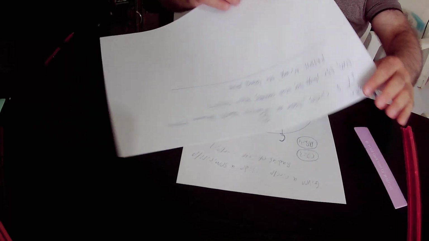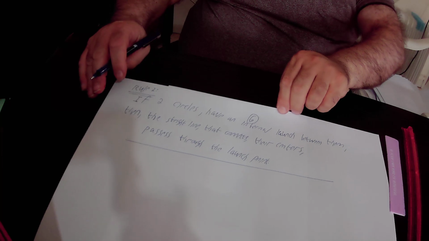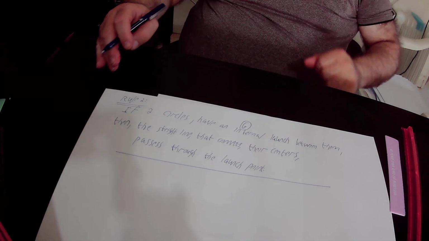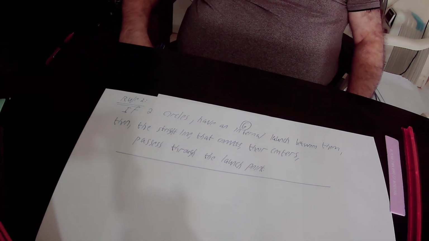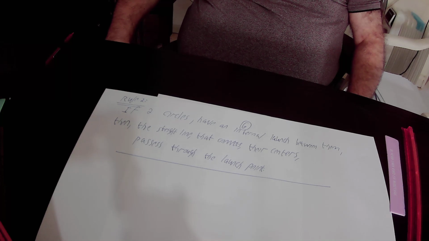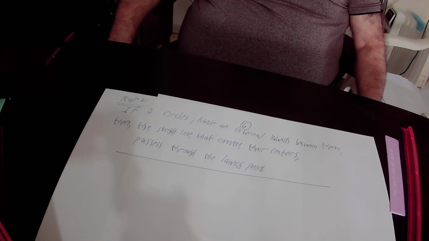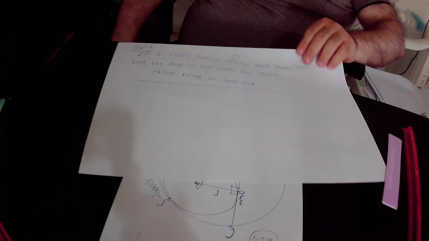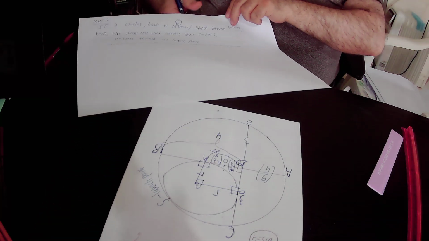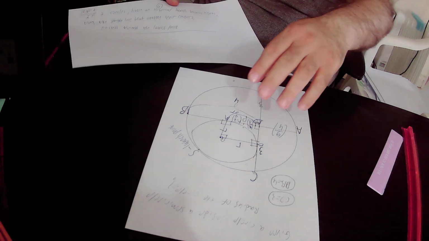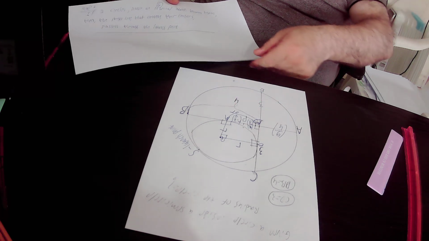So I'll read rule number 2 again. According to rule number 2, if two circles have an internal launch between them, then the straight line that connects their centers passes through the launch point. So in our original drawing, we have here an internal launch at point S,